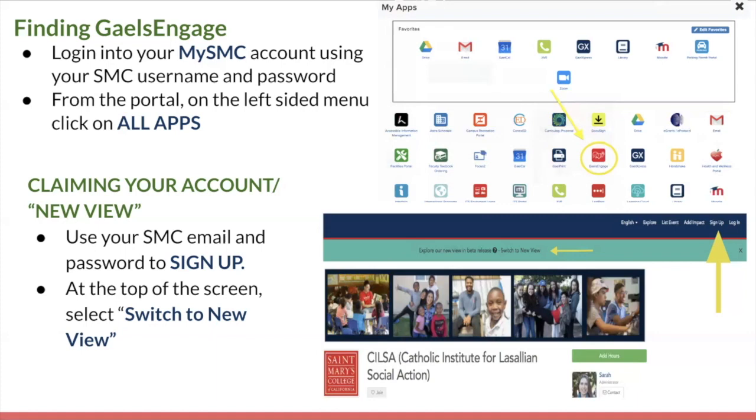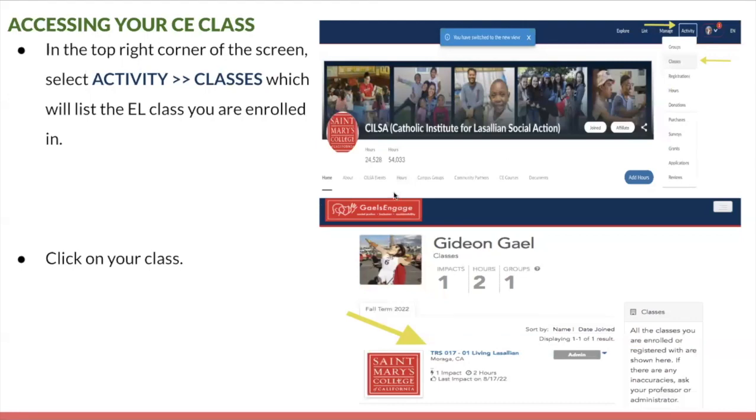And then once you've signed in, go ahead and click on Switch to New View. This is an updated version of the platform. It's a little bit more user-friendly and, in my opinion, aesthetically pleasing. So do that. And then once you clicked on New View, it changes the look of the platform. And you'll see these